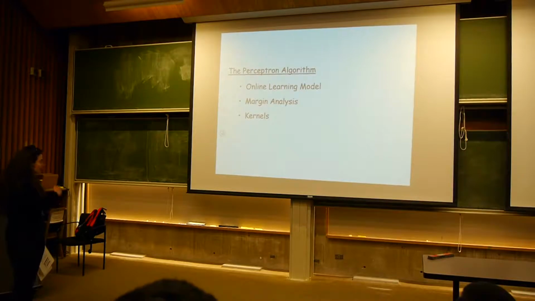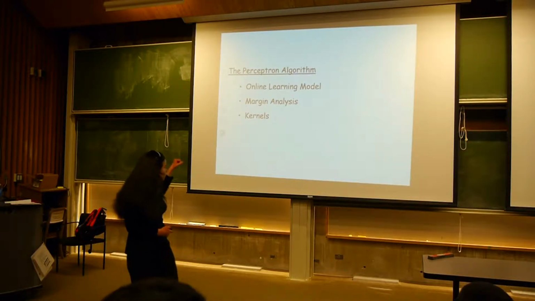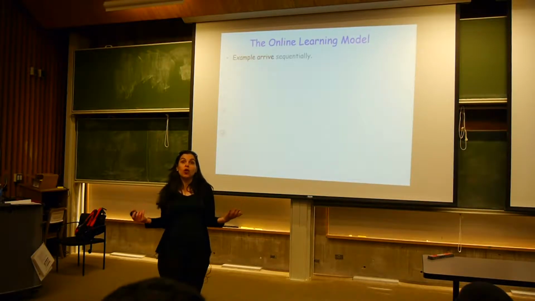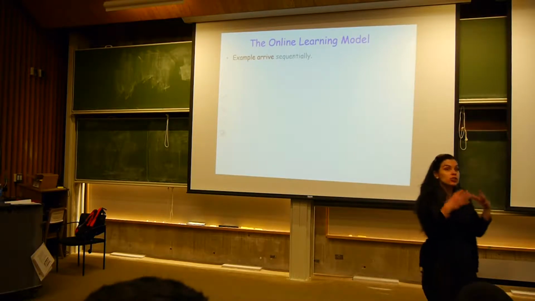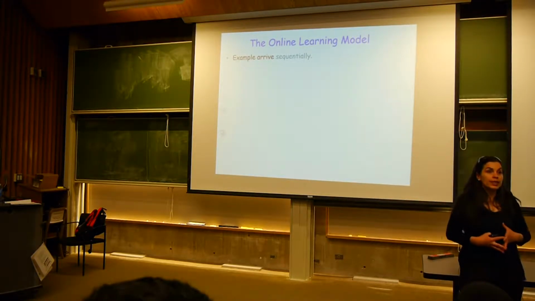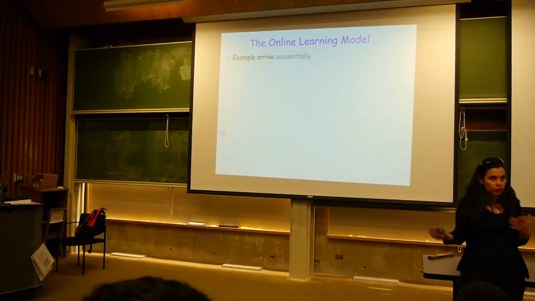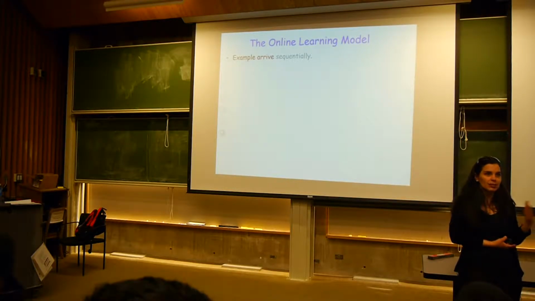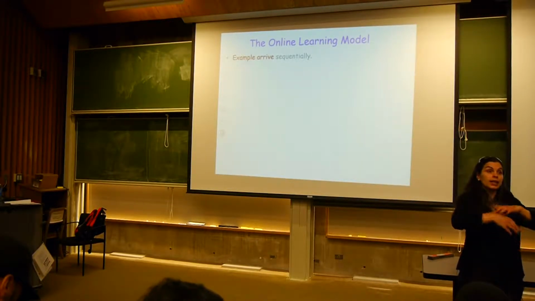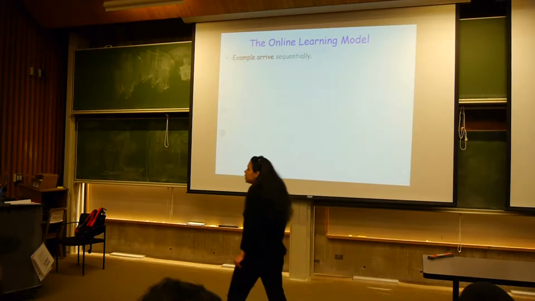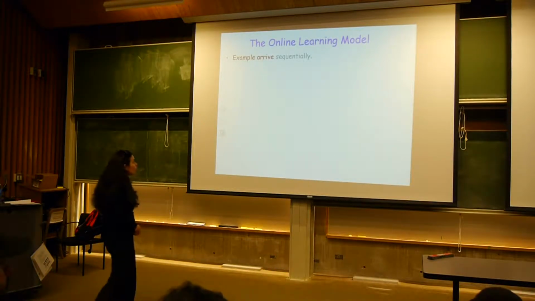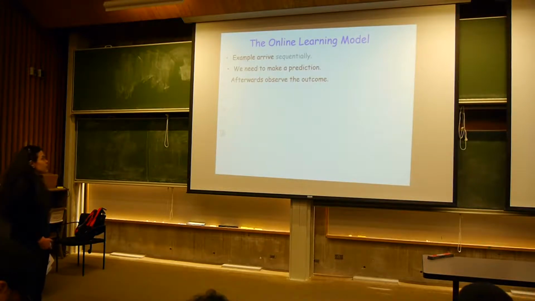Okay, great. So far in the course, we mostly have been talking about the batch learning scenario, where we assume that the data is all given to us up front. So we're trying to classify maybe spam or emails or images and so on, and somehow imagine that we have a lot of the data given to us up front. Now here is a different paradigm, called the online learning model, where the examples arrive sequentially,